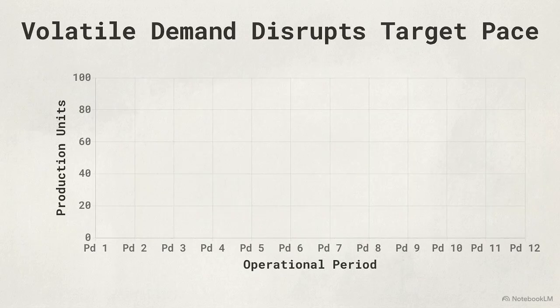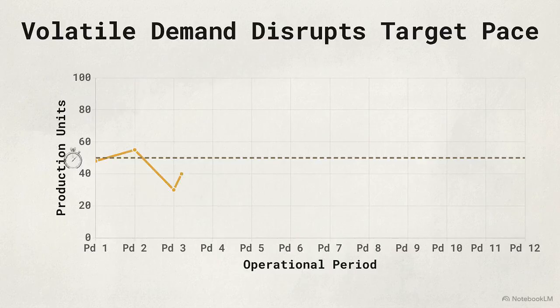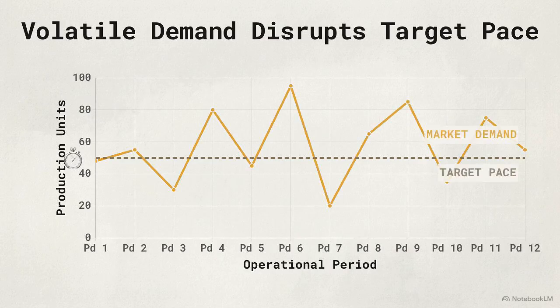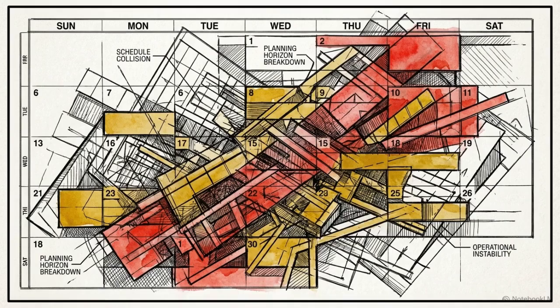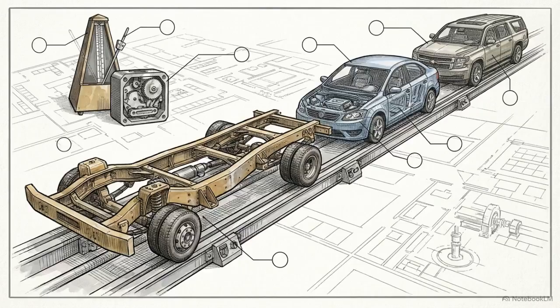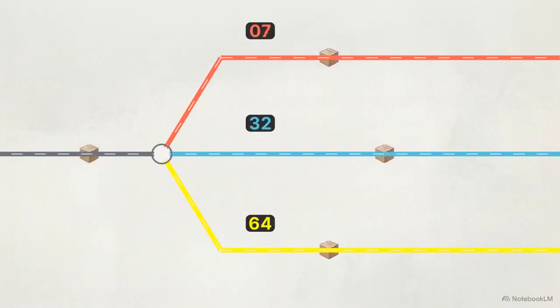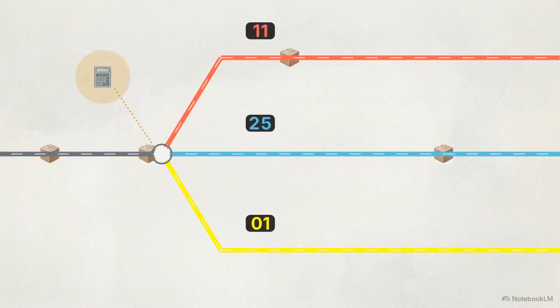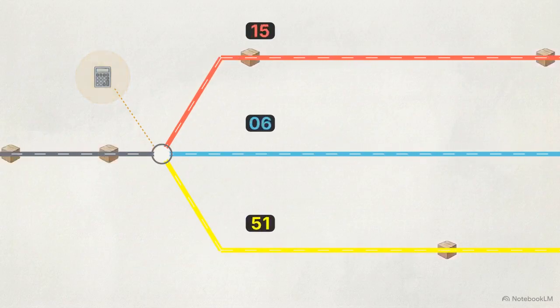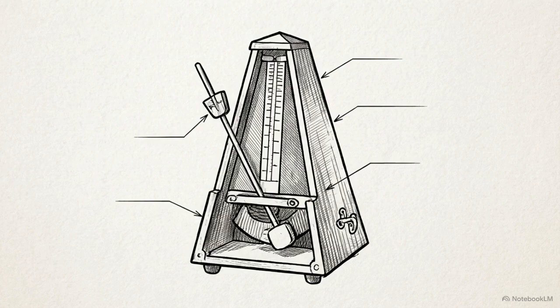The primary operational threat to maintaining a stable pace is highly volatile and unpredictable market demand. When order volumes experience rapid, unforeseen shifts, establishing a stable planning horizon becomes nearly impossible, forcing constant recalculations. This instability is further compounded by the modern manufacturing trend toward high product customization and mixed model production runs. Mixed models add significant layers of complexity, requiring engineers to calculate and balance multiple dynamic takt times simultaneously on a single assembly line. Despite these challenges, takt time remains the definitive, demand-driven metronome of lean operations.